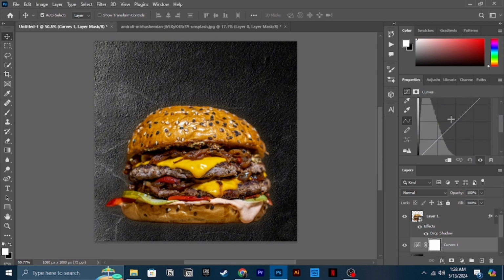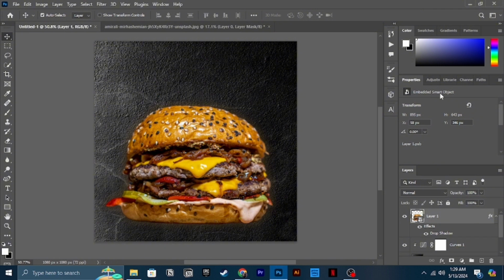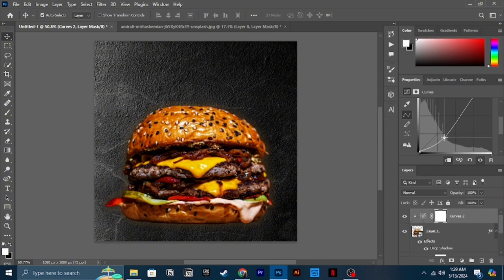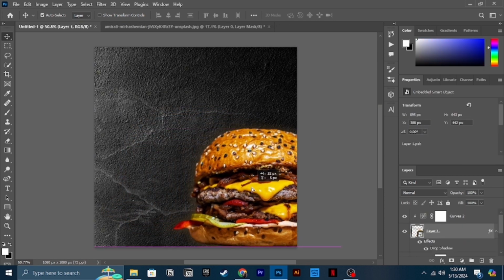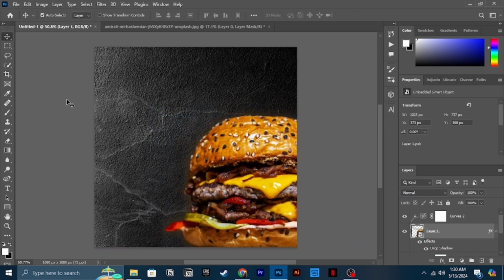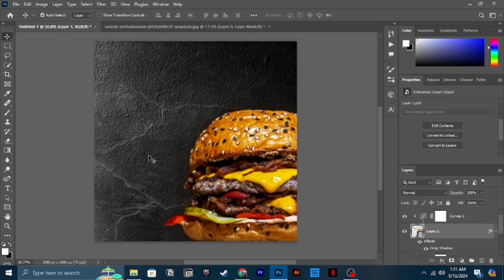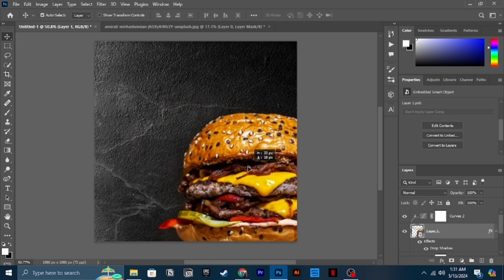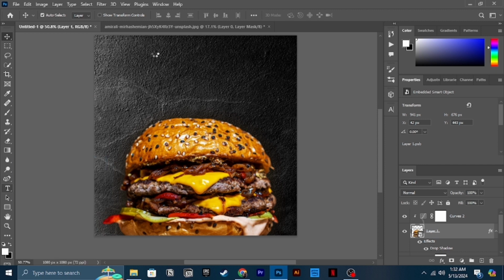And now I'm doing some sort of color correction to the background and the burger to separate them and make them stand out from each other. So now I'm trying different compositions. This was the composition of the original design, but I thought that would look too similar, and I wanted to do my own thing. So I just put it in the middle.